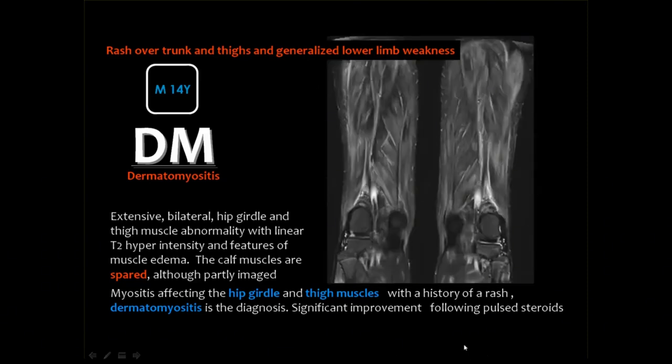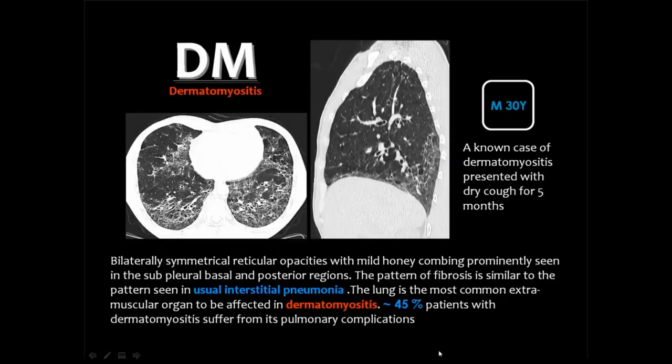Then this is the reconstructed image, which shows the extensive edematous changes of the thigh muscles with relative sparing of the leg muscles according to the literature. Patients with dermatomyositis may have chest involvement, and the pulmonary changes are almost similar to those seen in usual interstitial